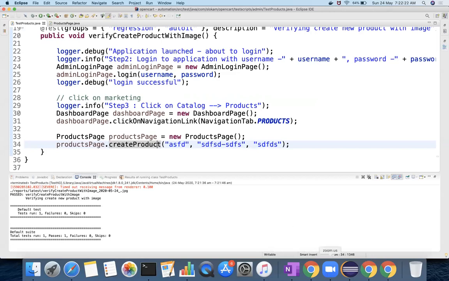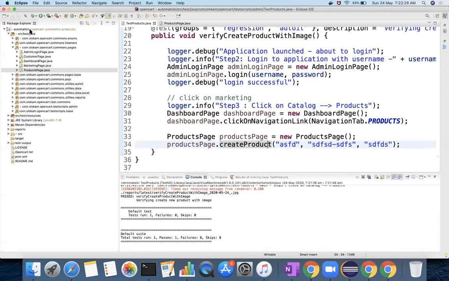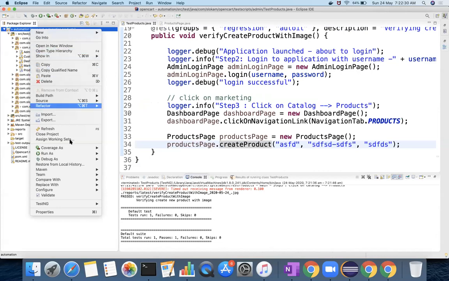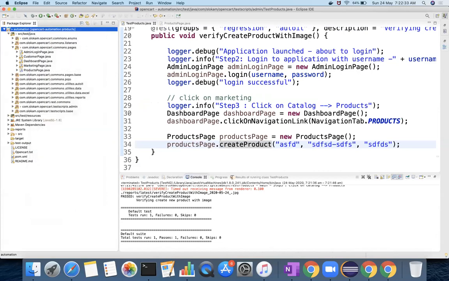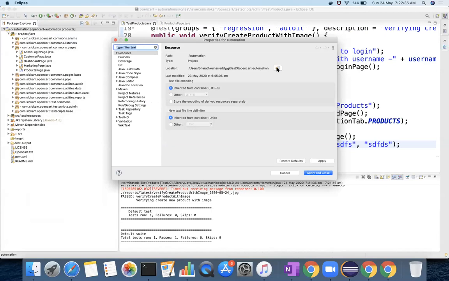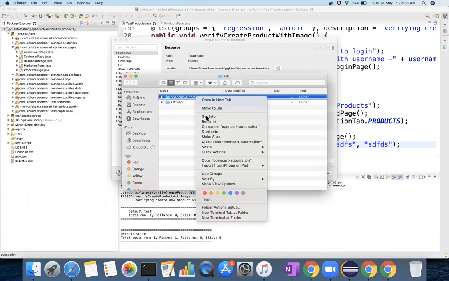So how do we push this code? We have right click, properties, this automation. Here you have open terminal. You run it as git status.